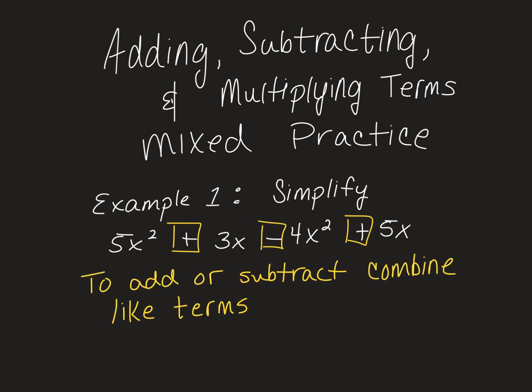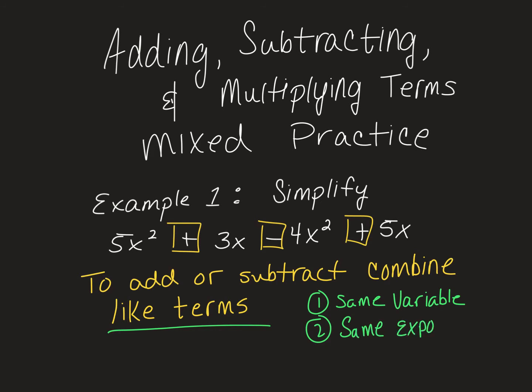And as a reminder of what we mean exactly by like terms, those like terms need to have 2 important components. They need to have the exact same variable. So we can't put x's together with y's. They've got to have the same variable. And something that we've discussed, but it's been a really long time, is that not only do they have to have the same variable, but if they have the same variable, those variables have to have the same exponents as